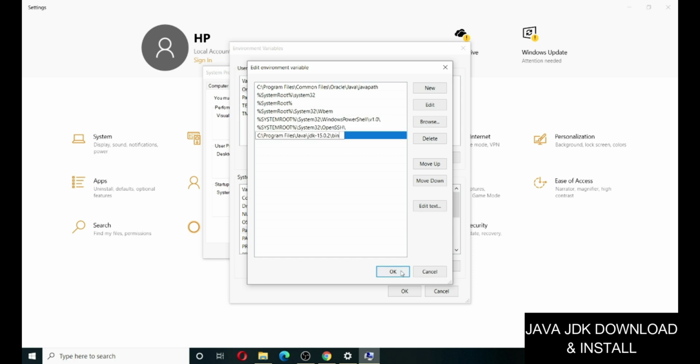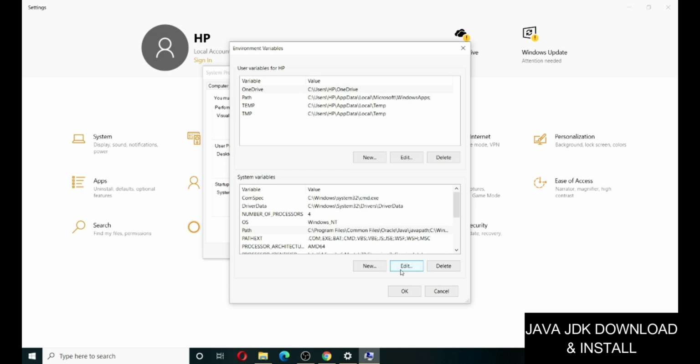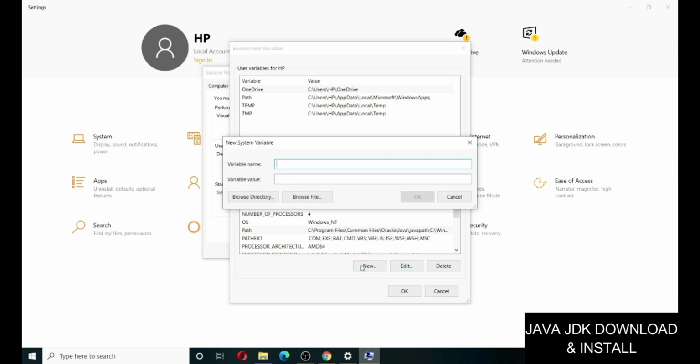Also, if you want to develop Java or Java related tools, you need to set your Java home environment variable. To set the Java home environment variable, just click on the new button. For the variable name, you need to give JAVA underscore HOME. For this, all letters should be capital letters.